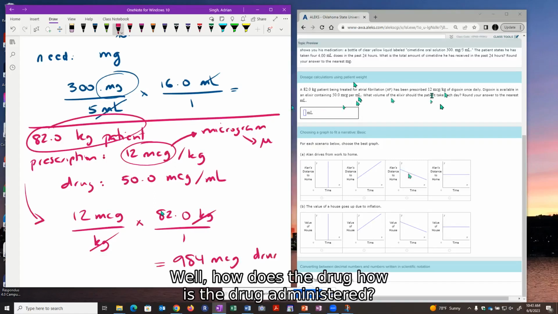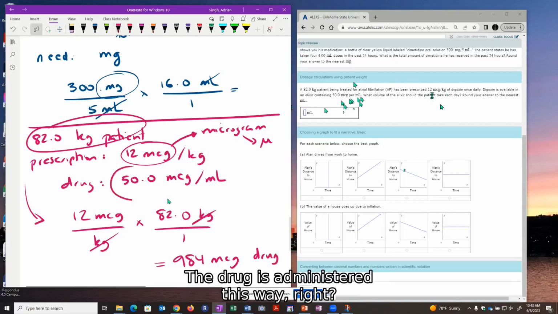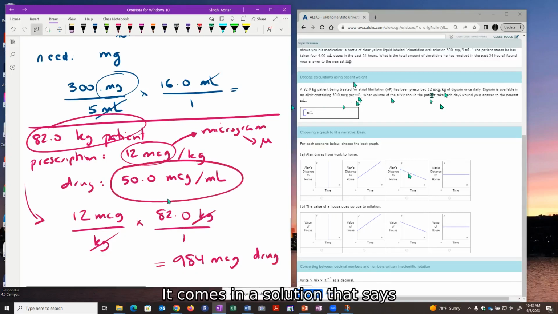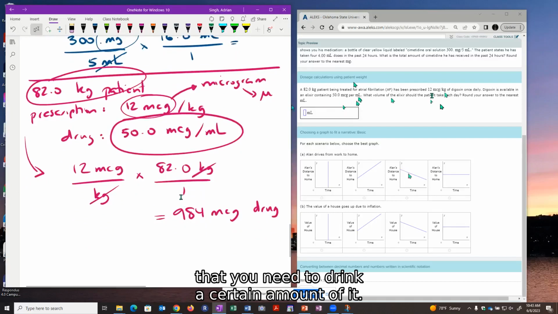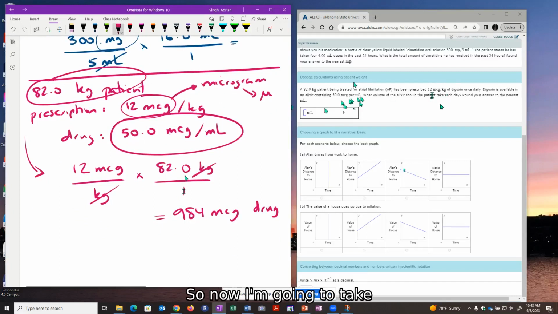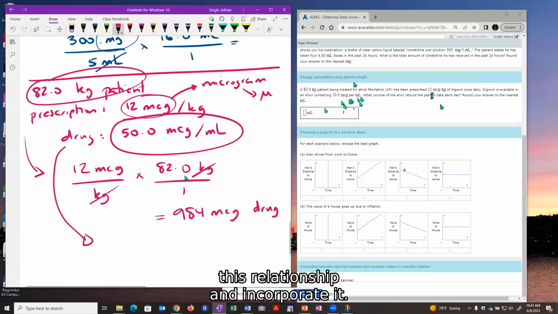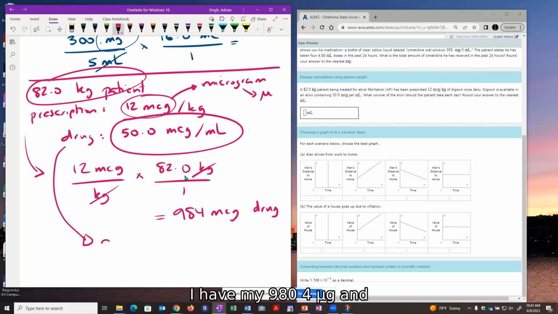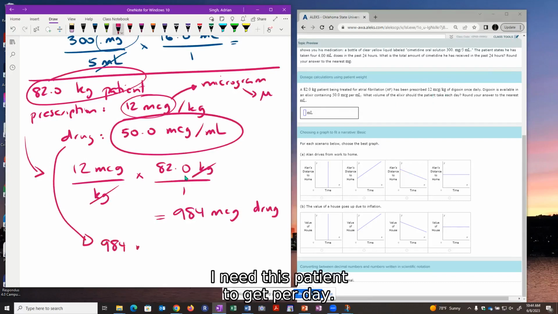of the drug. Well, how is the drug administered? The drug is administered this way, right? It comes in a solution that says that you need to drink a certain amount of it, and in every milliliter that you drink, you get 50 micrograms. So now I'm going to take this relationship and incorporate it. I have my 984 micrograms that I need this patient to get per day,